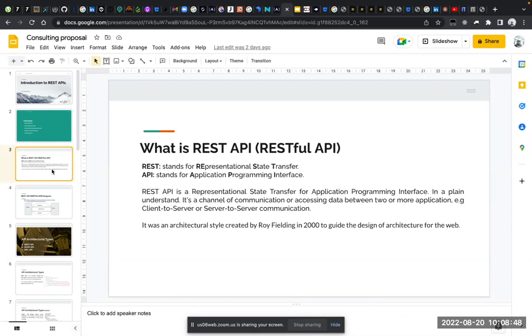In plain language, it is a channel of communication or accessing data between two or more applications, e.g., client to server or server to client communication. It was brought up by a man called Fielding in